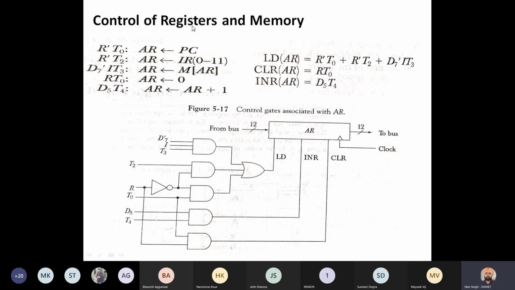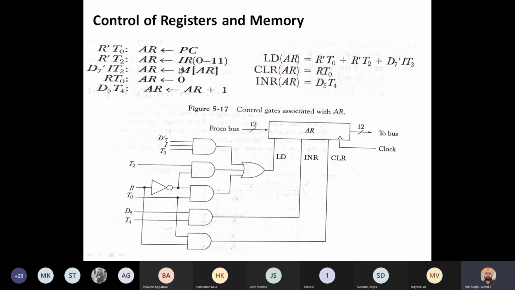Then only the program counter is copied to the AR register. The second instruction will be executed provided that T2 is active and R is 0. In that case, the first 12 bits of the instruction register will be placed in the AR register.